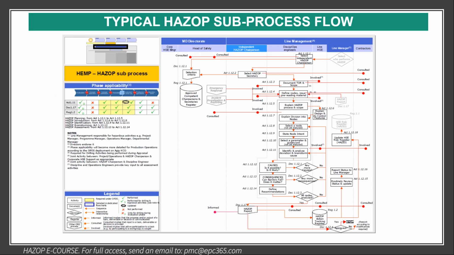This is a typical Hazop sub-process flow. Normally, you have your line manager, you have line HSE, and for each project there should normally be an independent chairman outside of the project, and the head of safety or lead safety engineer will select the chairman. The chairman normally has a scribe, and then when they approve, they go based on the methodology of the company. They will perform Hazop